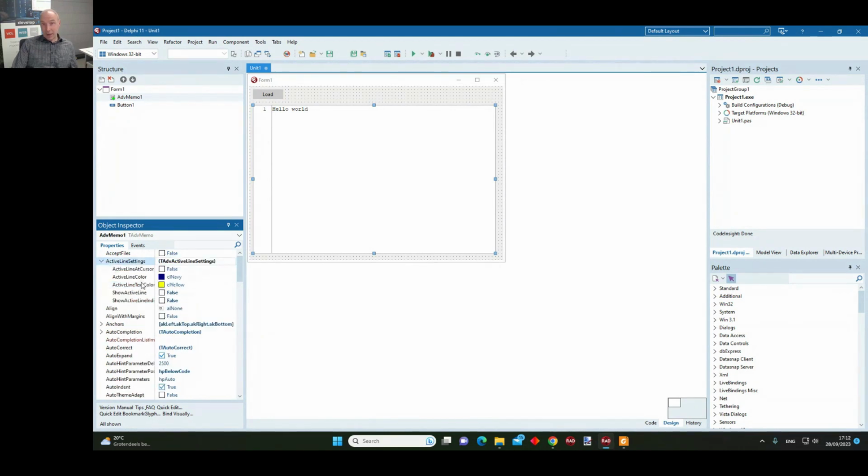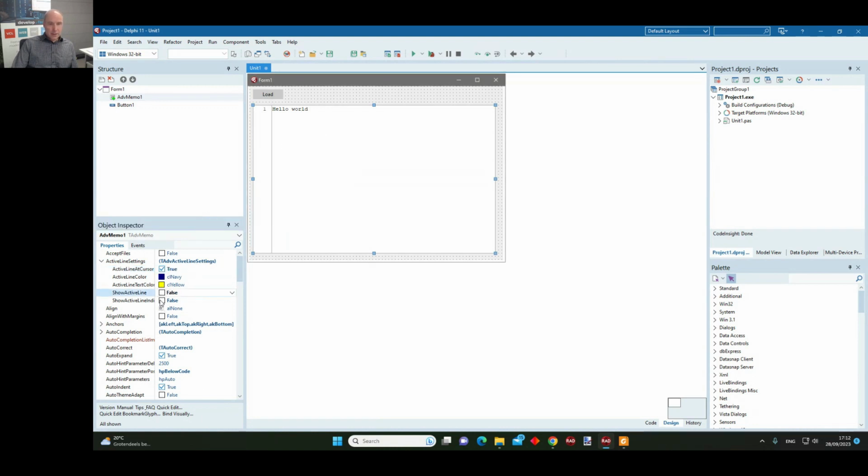So with active line, you can highlight, for example, some specific lines in the memo. For example, the line where your cursor is can become a fully visible line.